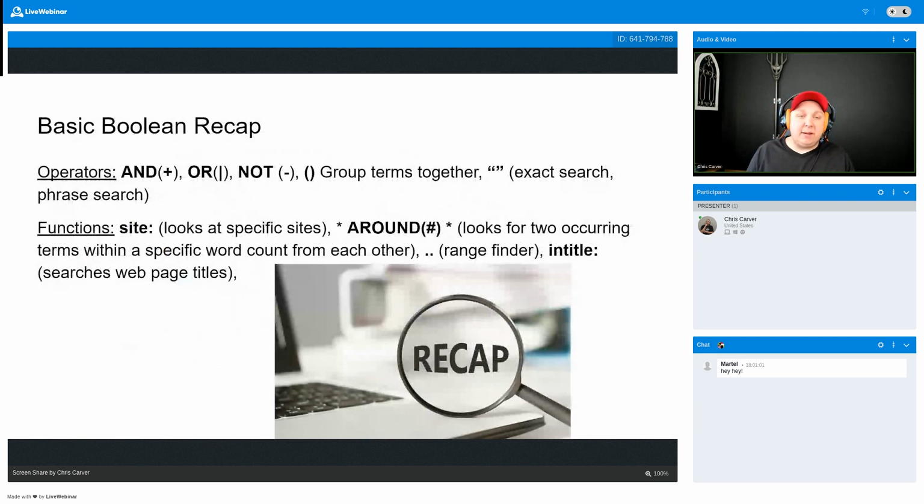First, the basic Boolean recap. Your operators are and, or, and not. I included in parentheses the signs or symbols used for those statements in a Boolean string. You will see both formats used later on in this presentation. The other operators to note are parentheses and quotations when grouping terms together, and quotations for exact searches or phrase